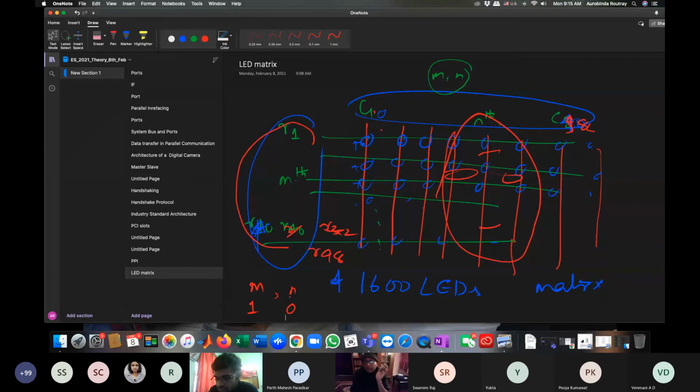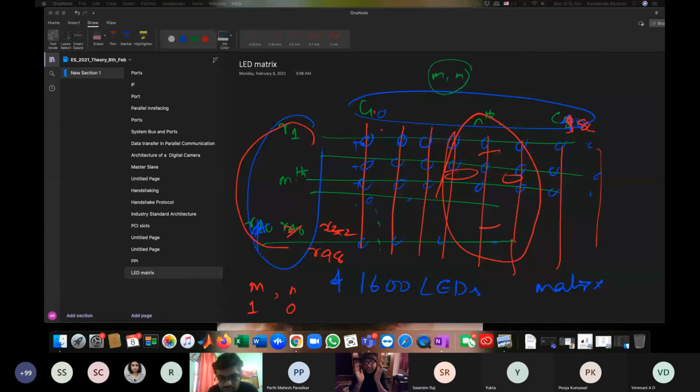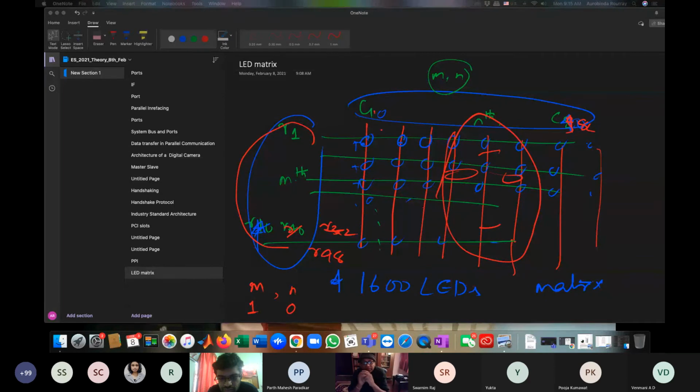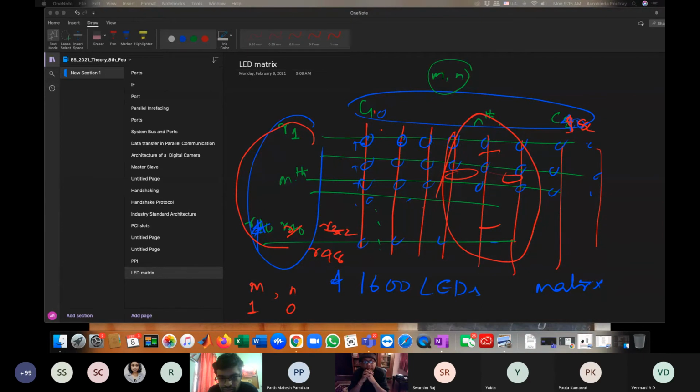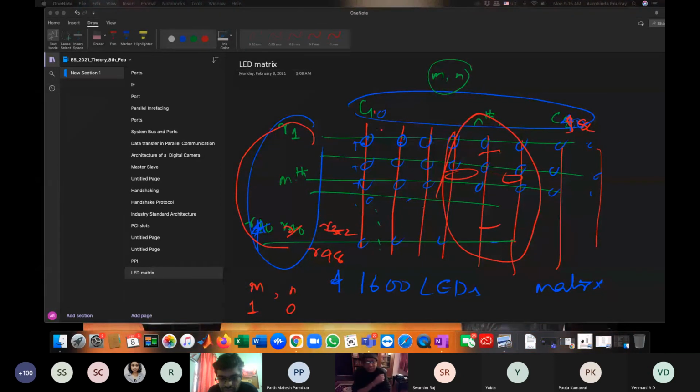Any questions here? Because you are going to design this and submit it. You have to write a simple program. Assume that the whole face is stored in 1600 locations as a binary image. Sir, in that case, each LED will get 1 by 1600th of the time to glow. Yes. So if it is running in microseconds, because of persistence of vision, you will be able to see it as glowing.